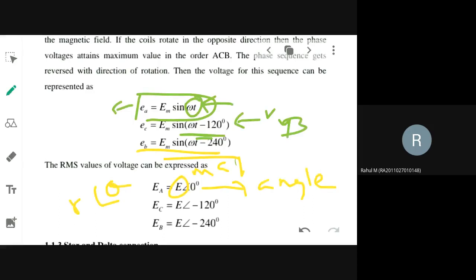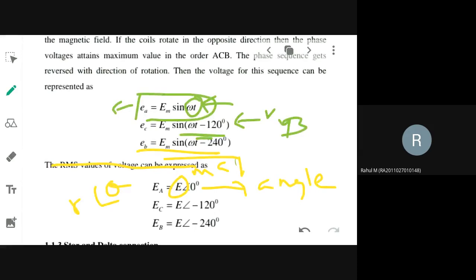Ma'am, one thing I didn't understand. Sorry, ma'am. What did you not understand? No, ma'am. The RMS value of voltage can be represented as what? RMS values, you skip. Don't consider RMS value. Whatever I am teaching you, you learn. RMS values are coming in your second unit. That time you will be able to understand. But for this unit, it's enough.